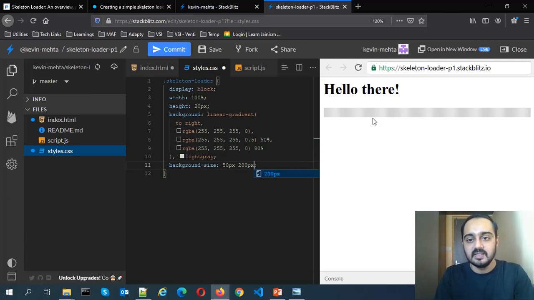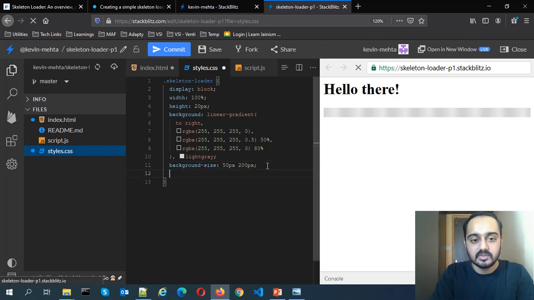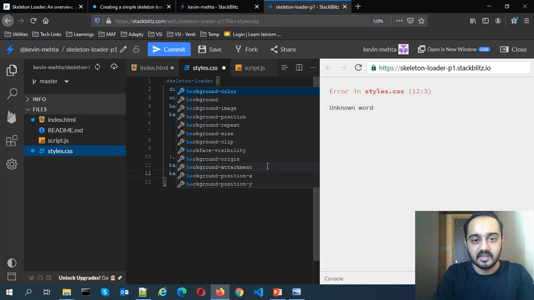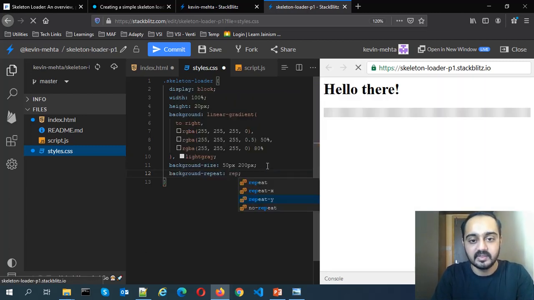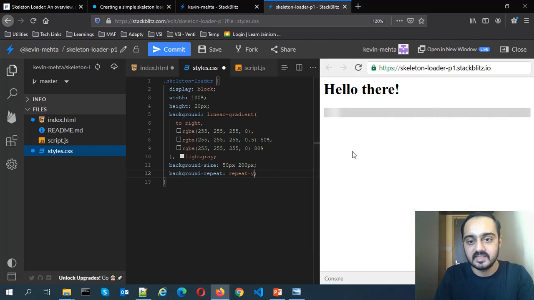Now as you see, we have given the appropriate size to our gradient, but it is repeating all over the container. So it is repeating over the x-axis. We have to set the background-repeat property for that, and let's say we'll repeat it over the y-axis. So this is how it will look like, right?